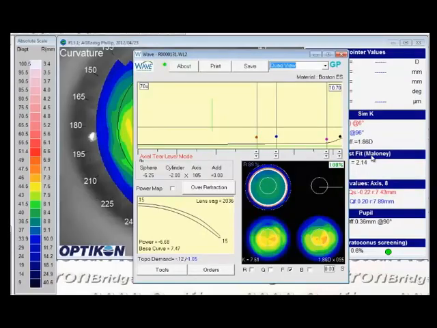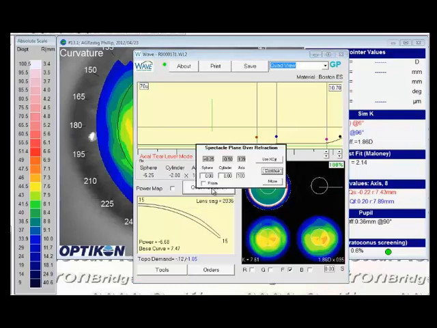Now we're going to take a moment to discuss the over-refraction box. If we select the over-refraction box, this opens up and you'll see a grayed out value up top. Currently it reads plus a quarter minus a half axis 139. That's the empirical over-refraction based on the cross-cylinder calculation between the spectacle Rx as it's entered in comparison to the corneal K values. So you'll notice here we have 1.86 diopters, axis 95,